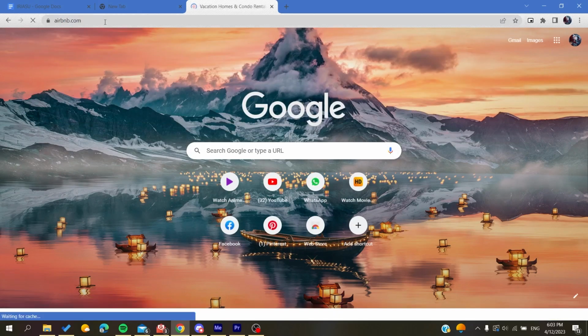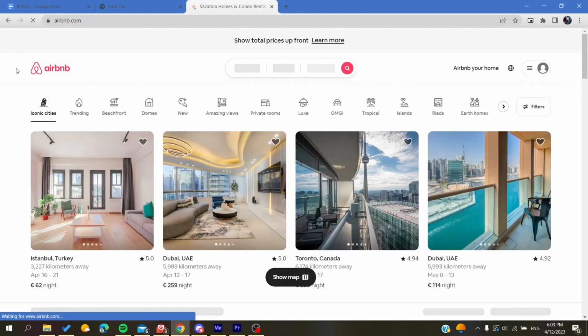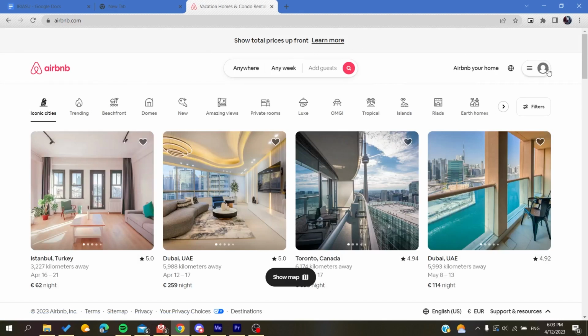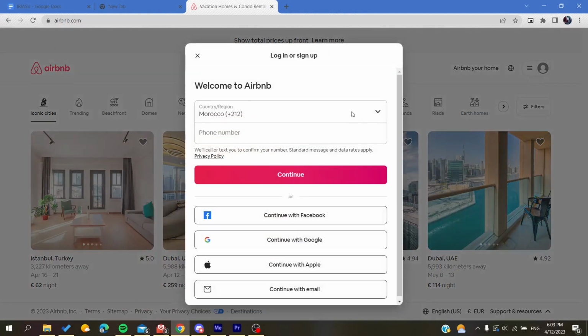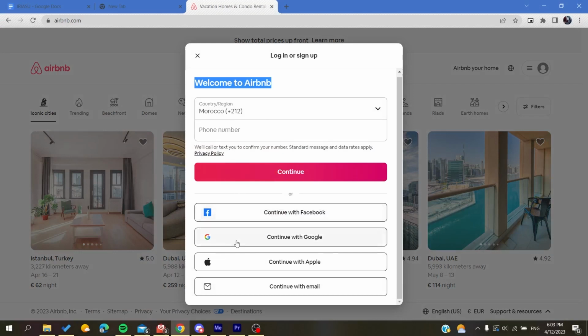So after you click on it, you will be redirected to the Airbnb website, and then you will need to create an account. So basically you will need just to click on this icon here at the corner. You click on it, and of course you are going to click on sign up, and after that you can either sign up with your phone number, or you can sign up with these alternative accounts, either Facebook, Google, Apple